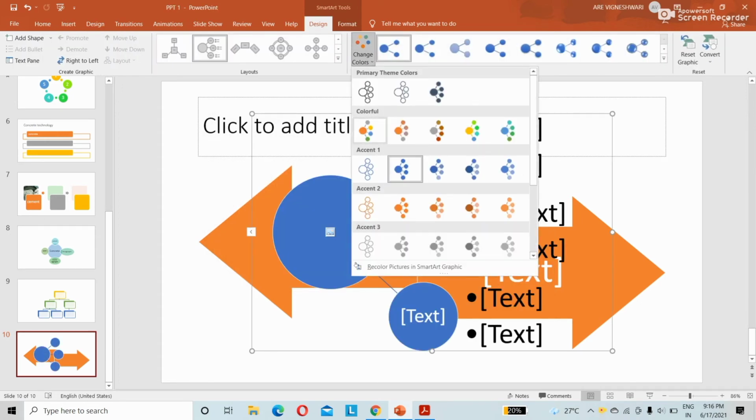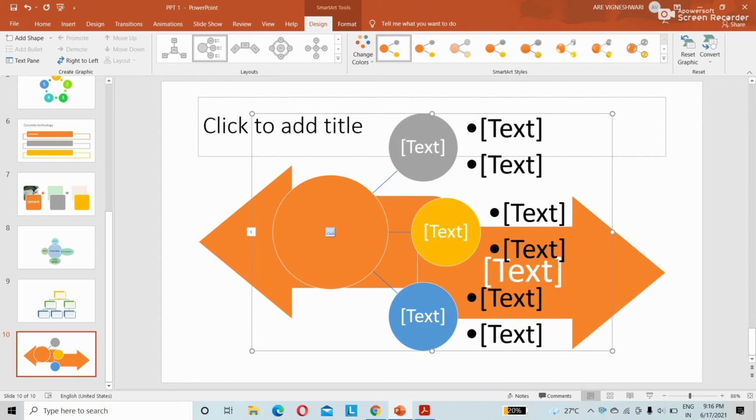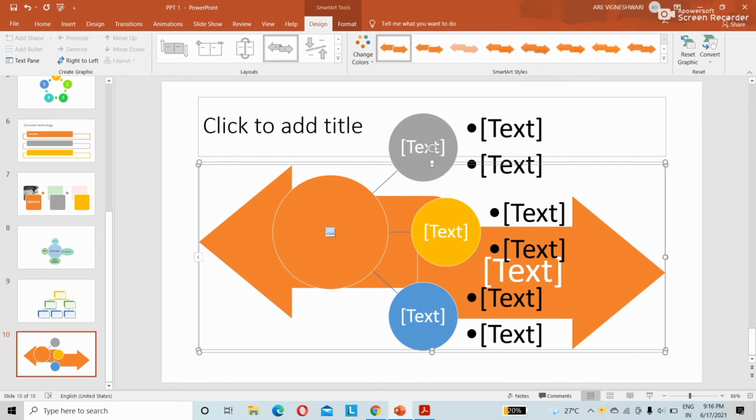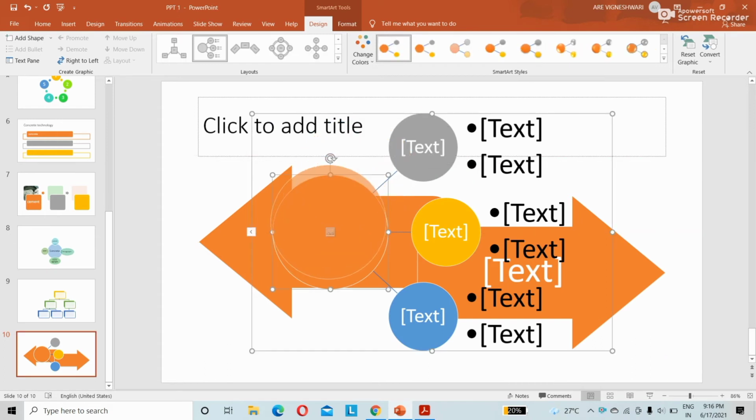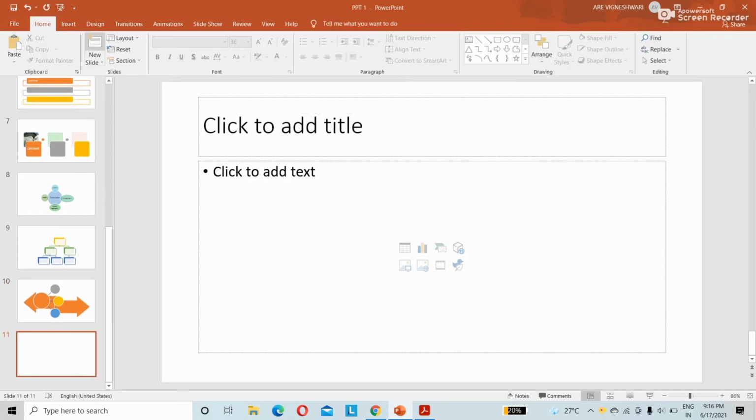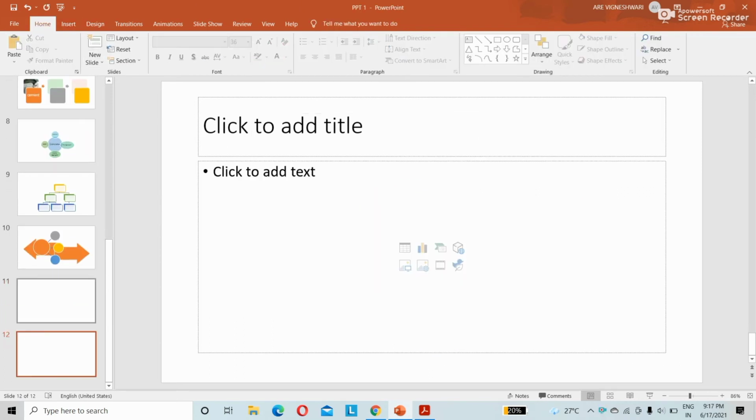Go for change colors. You can give the content here and explain here. Here, an image, you can explain about that. Like that you can insert different smart art graphics.